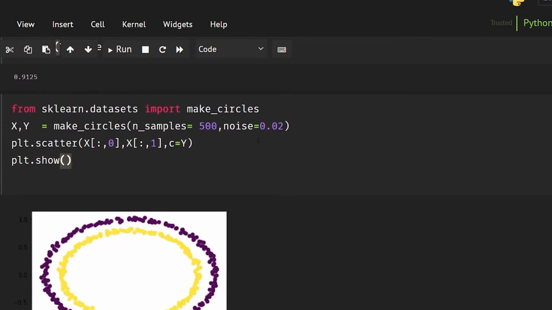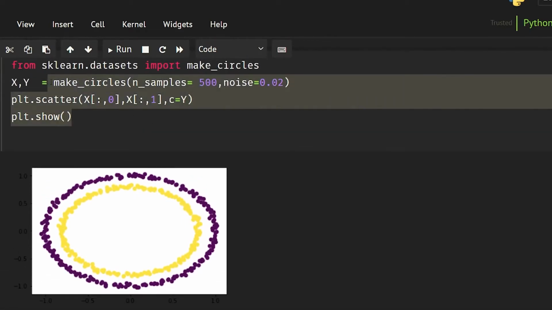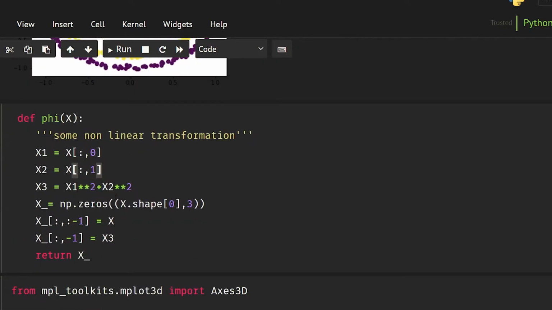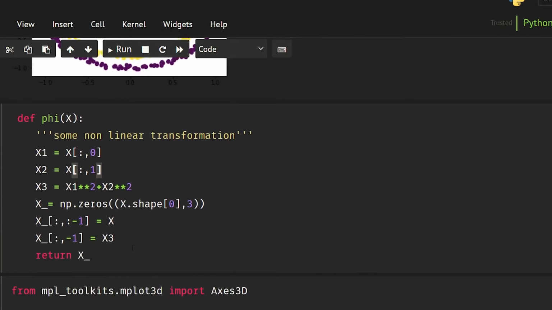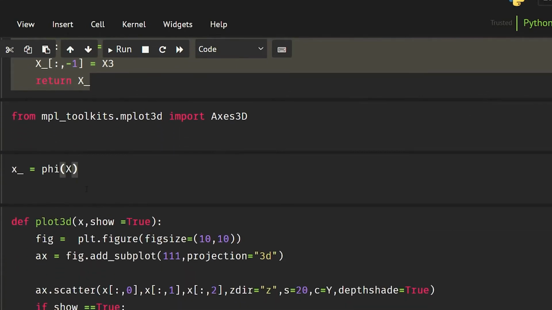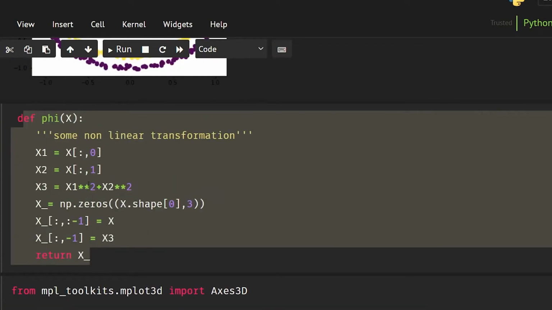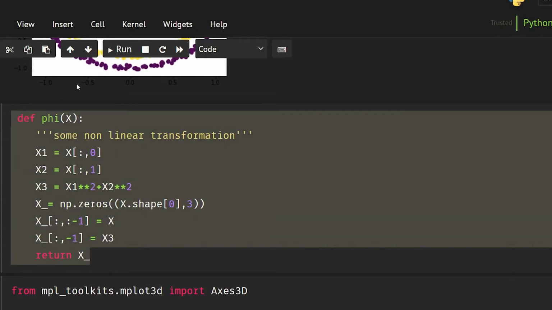First do the logistic regression with the normal 2D data that we have like here, and check the accuracy it is giving. After that, create a third dimension and then check the logistic regression accuracy on this 3D data, and you will see that it is going to work wonderfully.